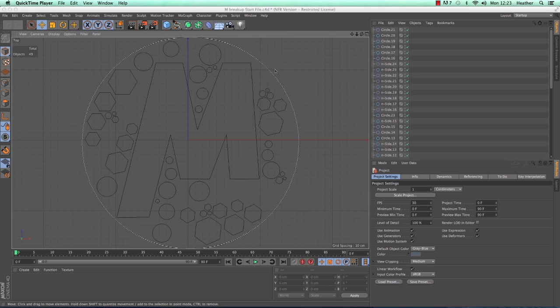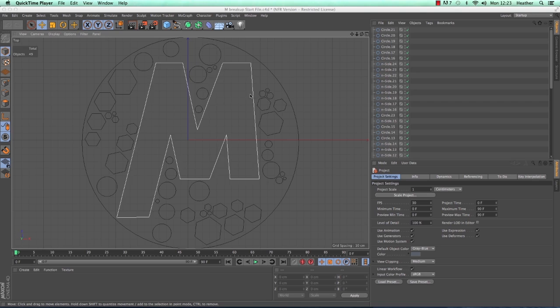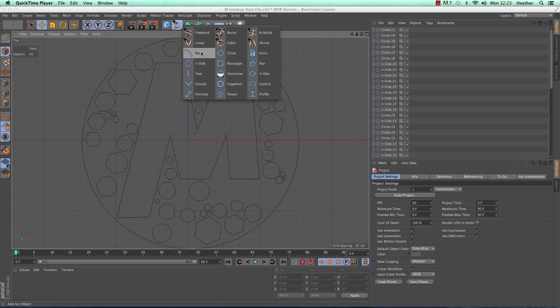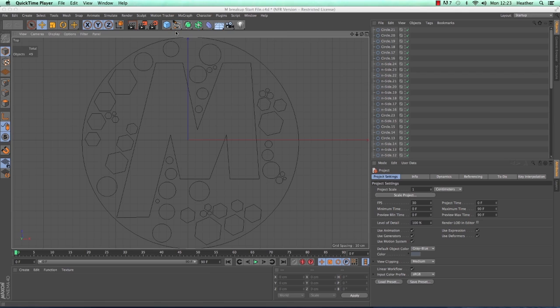So this large circle around the edge represents the edge of our mesh, and in there you can see I've got smaller splines that add a little bit of detail, and I've also imported from Illustrator the Maxon M as well. So for your project it could be a logo that you use, or it could be some text from your spline menu again. So how do we turn this into a mesh?